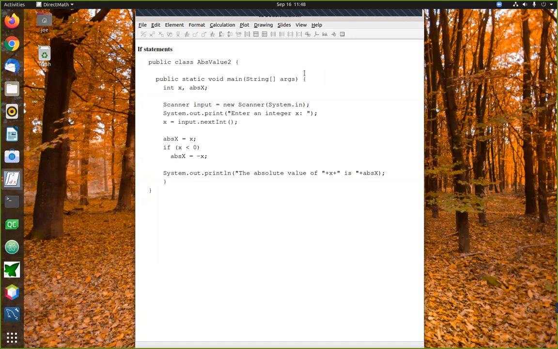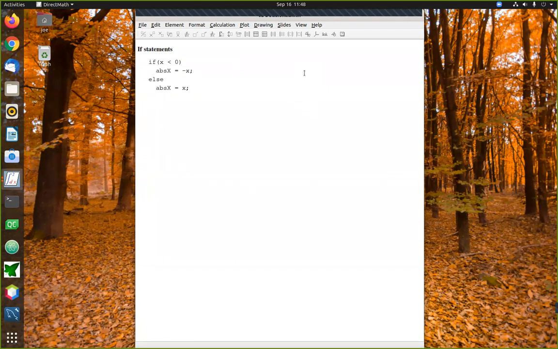Right now, here's one other variant that we can pursue. Something that you might notice in this example is that there are two cases. In one case, if x is negative, the absolute value of x would be essentially the negation of that. And in the other case, if x is not negative, the absolute value is basically what you would get if you just left that number alone.